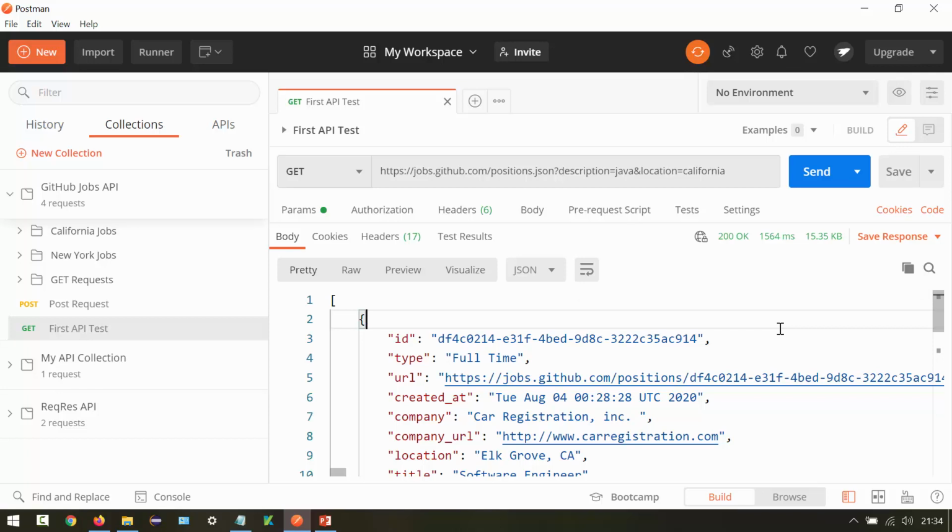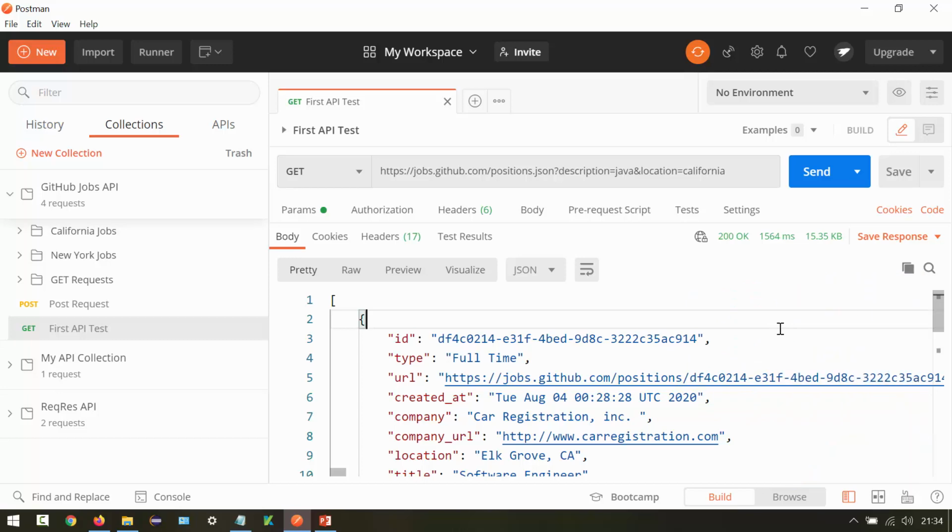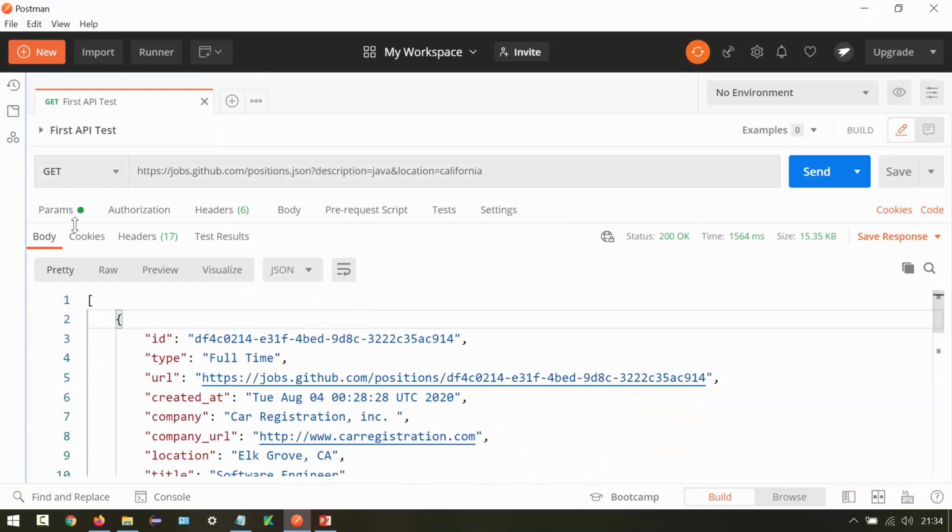Now we want to test the API functionality. We want to test this request. Let's start with our first test case. Let's say that we want to verify total job count. We want to verify that this request is returning 3 job postings. So let's start with the test case. Let me hide this sidebar. So I can click on this icon. Then you can see sidebar is hidden. Now let me minimize the response.